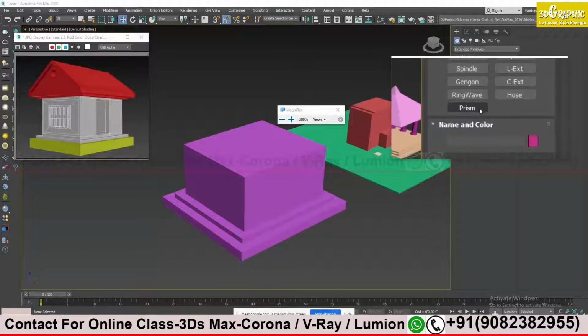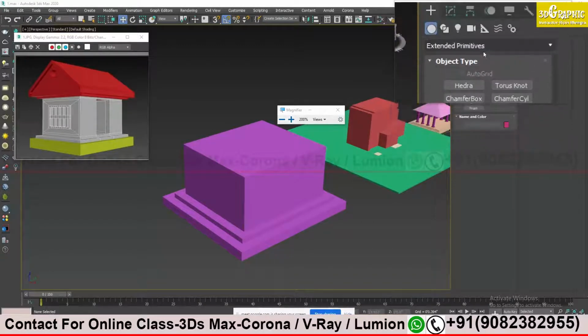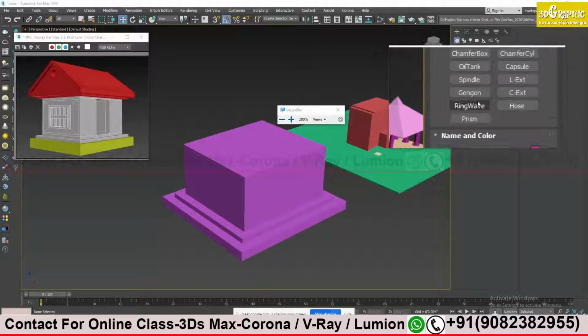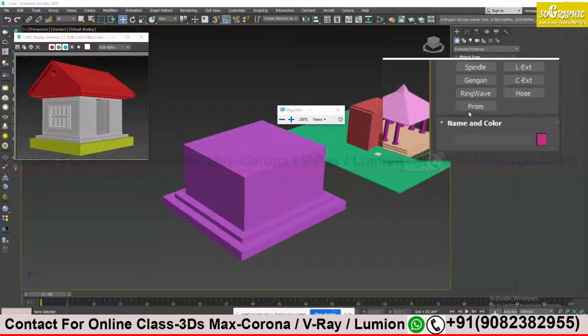This one, prism. You have to select prism. You will get it under extended primitive. Select extended primitive, and there you will get prism.